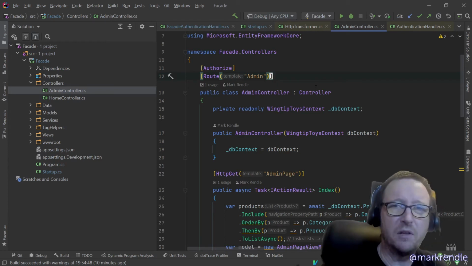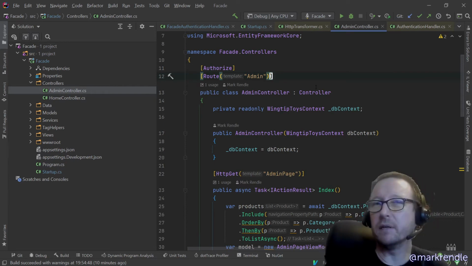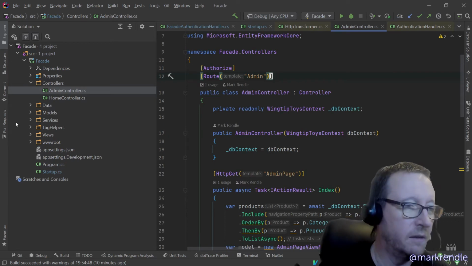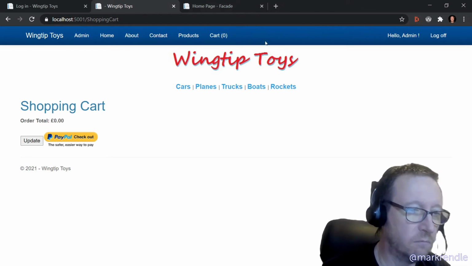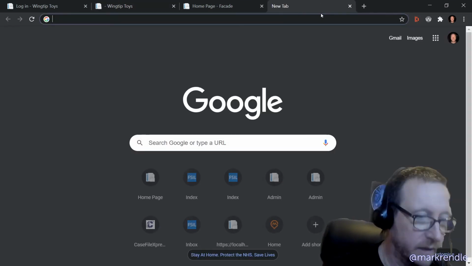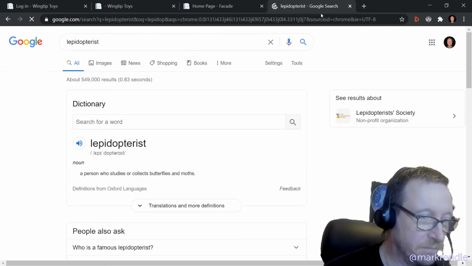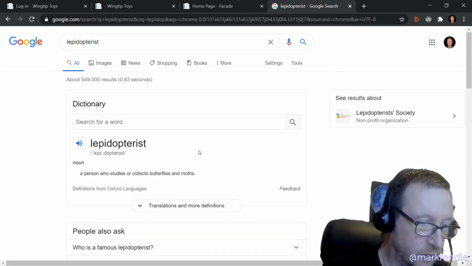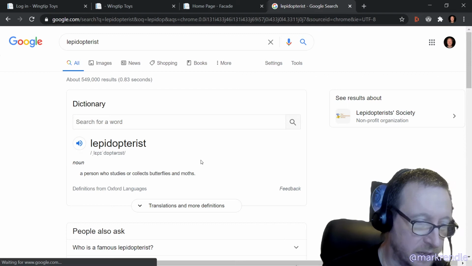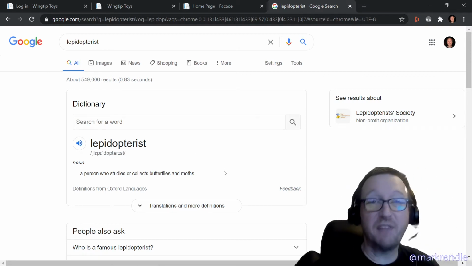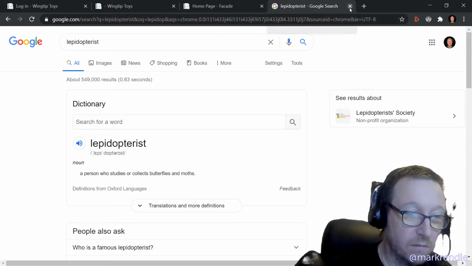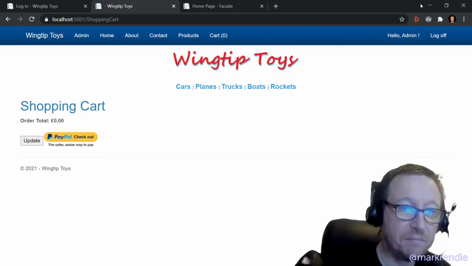Is it an entomologist or is there a lepidopterist? Can you specialise? I want to go and search that now. Lepidopterist. A person who studies or collects butterflies and moths. That's a thing! Wow! What a brilliant job. Anyway,